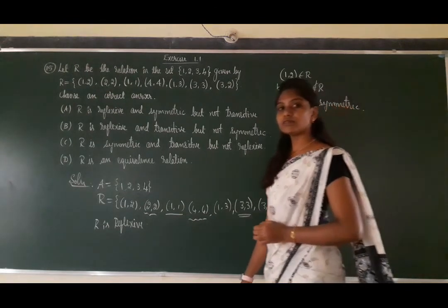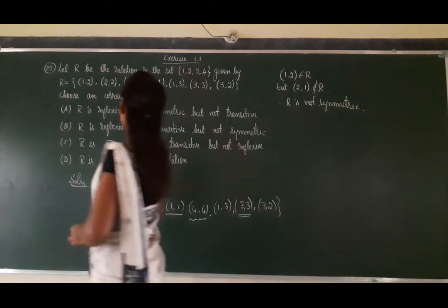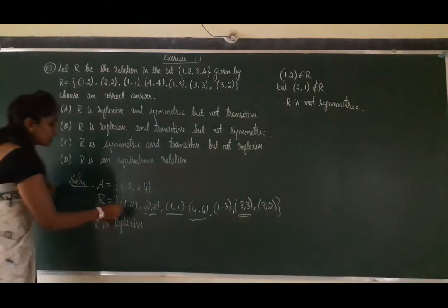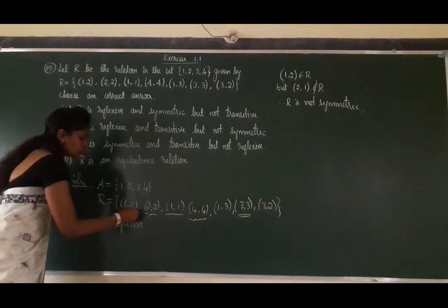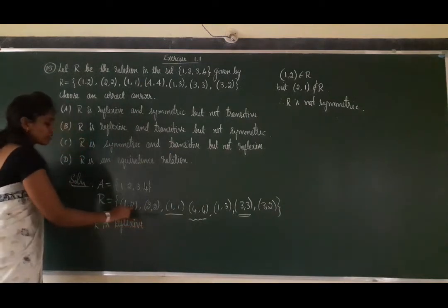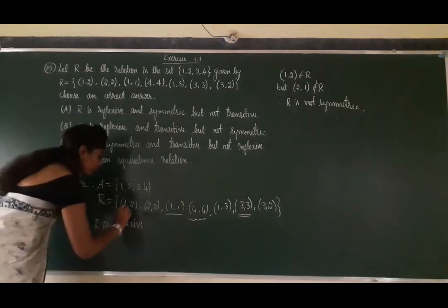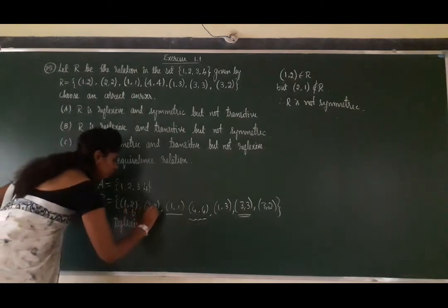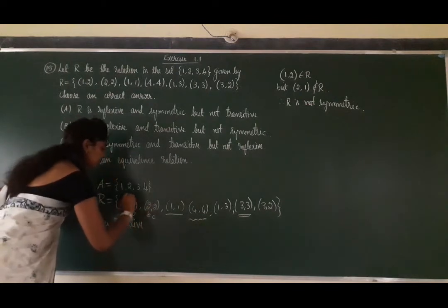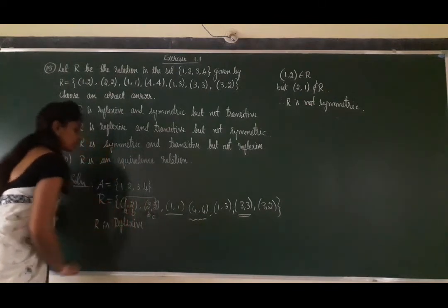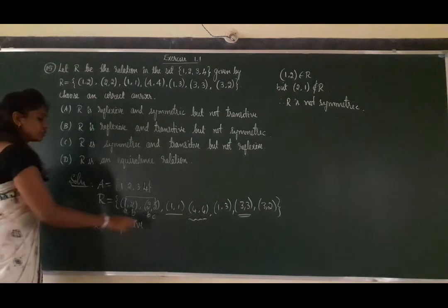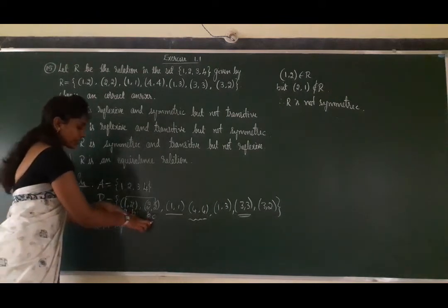And the last one, for transitivity. Check here. This is our element (1, 2). Next, order by starting with the element 2. This is BC. (1, 2) is AB, (2, 2) is BC. Then AC is here, that is (1, 2). Here only there. So this is satisfying the transitivity condition.